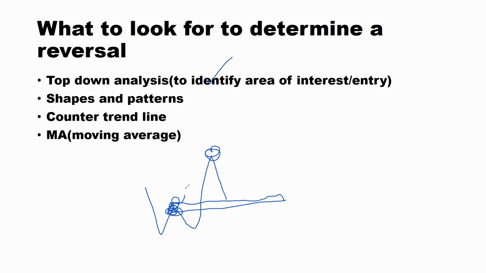So we have this shape, we have the direction, and we've identified this shape here. So what next am I going to be looking out for? I'm going to be looking for the reversal indications. Now I'm looking for the same things again, a shape or pattern, but this time in a different time frame. So this is the structure time frame. I've identified my direction, and this is the structure I've gotten, let's say in weekly. Then I'll go to my entry time frame, which is H4, to start looking for shapes or patterns in H4 to tell me that a reversal is coming, right? So in this same area here, I'll be looking for those reversals.